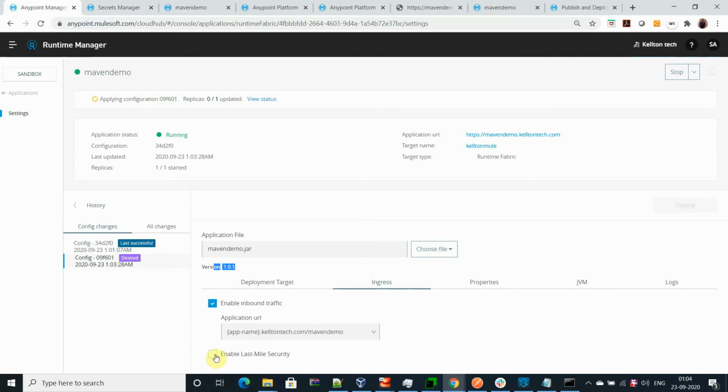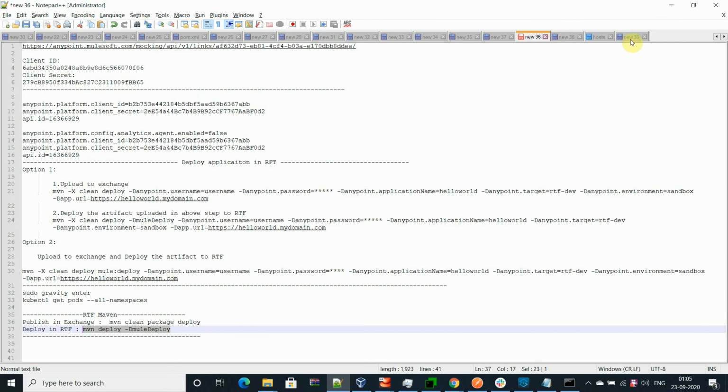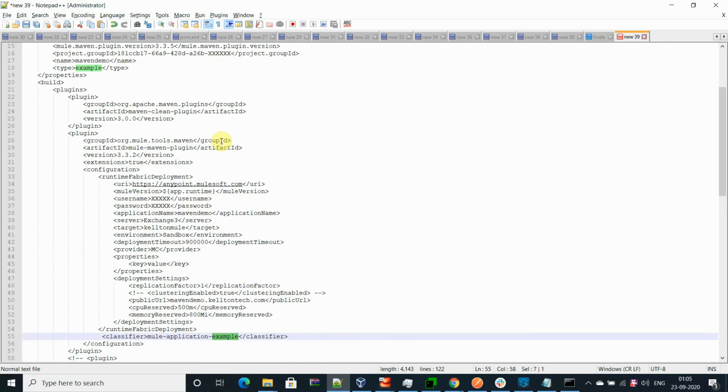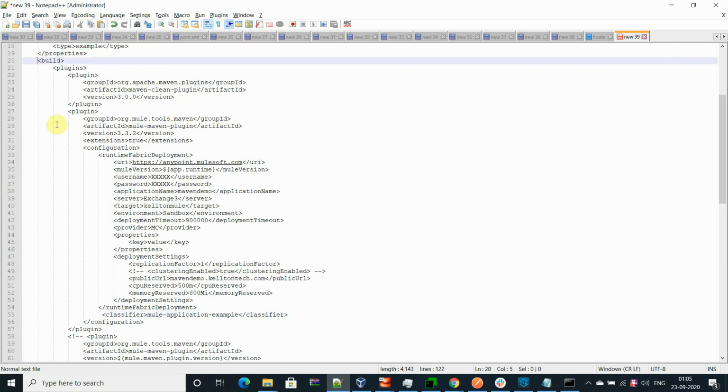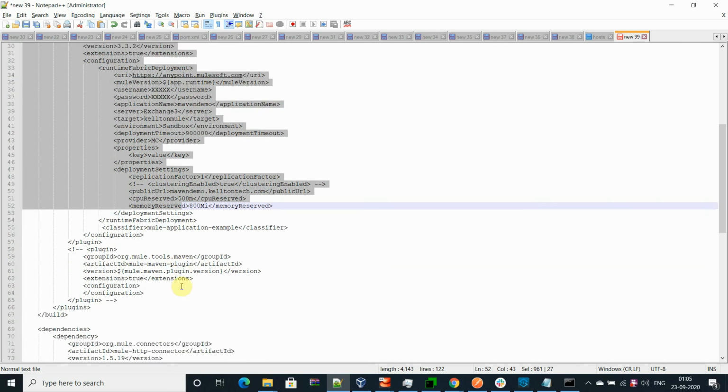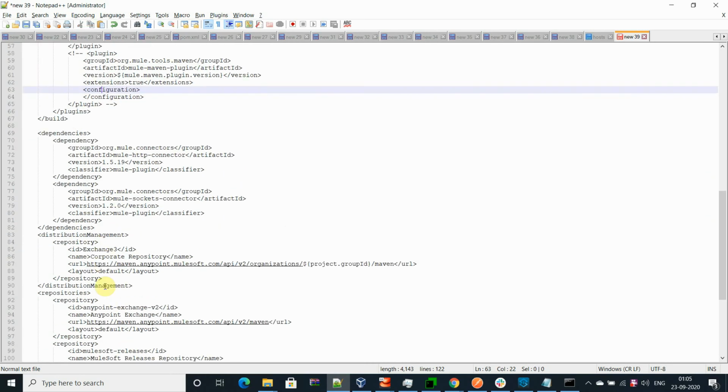I'm not enabling last mile security. I will come to it in the next video, but right now I am just demonstrating how to deploy an application using Maven. It's a very simple and easy configuration. It was given in the MuleSoft document itself. So you have to configure all these parameters in your Anypoint MuleSoft application.